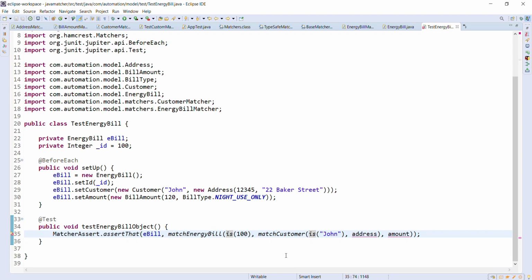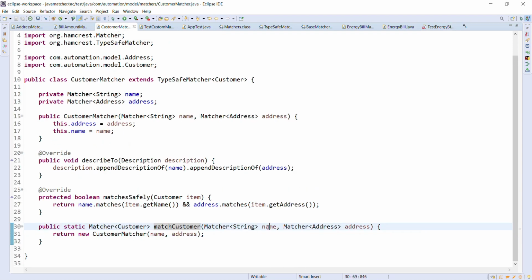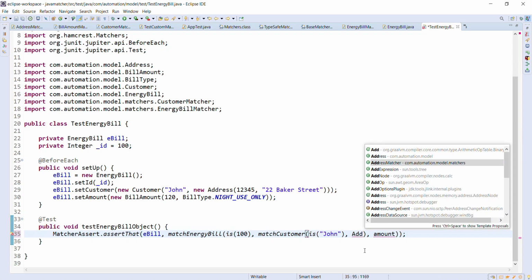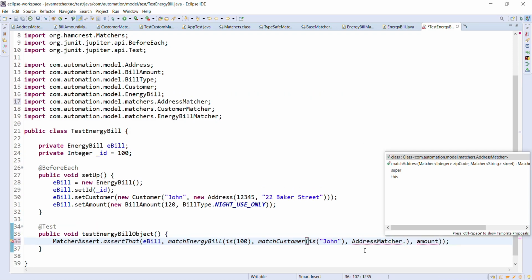And here also we are using the same concept. In this method, the type of the name parameter is of type Matcher of String. That means we can pass any of the matchers whose return type is Matcher of String. Now we'll pass the address matcher here. Dot matchAddress.